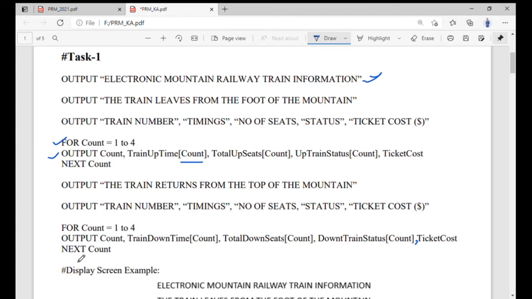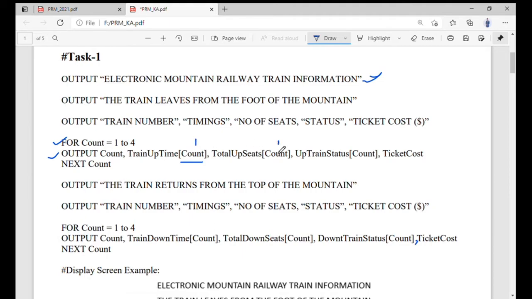Basically, in this particular code I just use a small logic of the loop, because I already used a declaration or array at the start. The array is for the 4 different values, and the values I already mentioned in the declaration. Here I just use the command to output the loop. Once the loop runs the first time, it will call the first value, like 1.